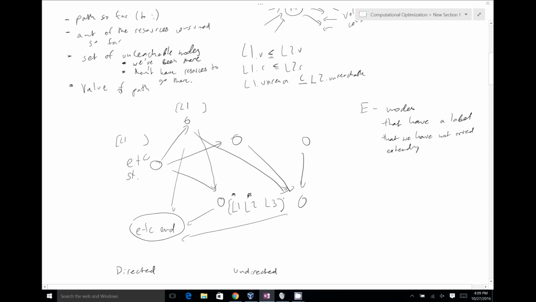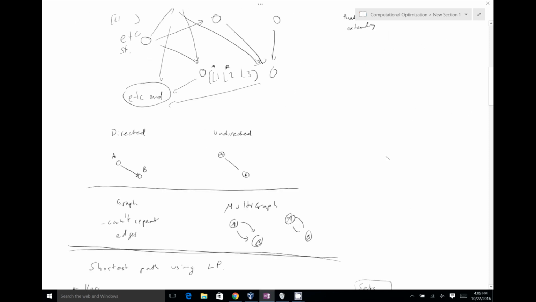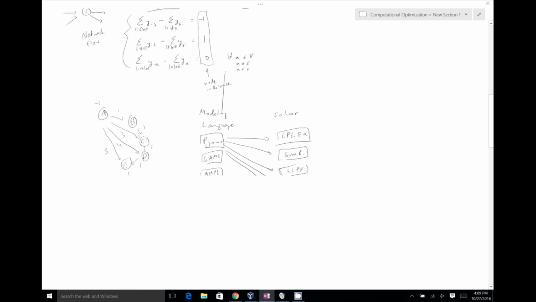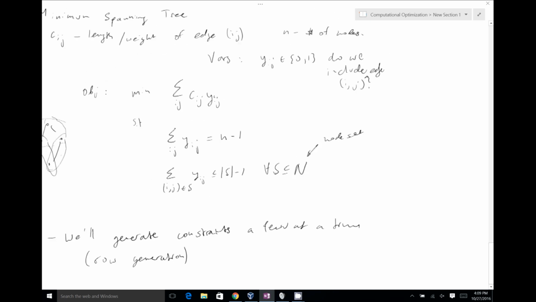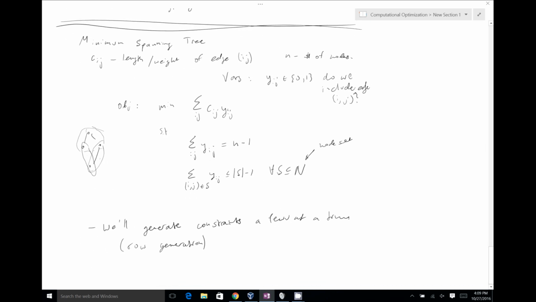Okay, unless there's any further questions, I'm going to move on to talking about minimum spanning tree, which is where we left off at the end of last class. So let's just briefly remind ourselves where we were. So this was our integer program for minimum spanning tree. We had some variables, yij's, that tell us whether an edge was on the minimum spanning tree. We had an objective function which was minimize the cost of the spanning tree, which is just Cij times Yij. And then we had